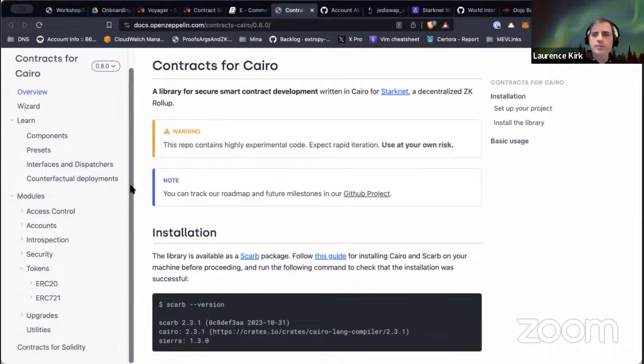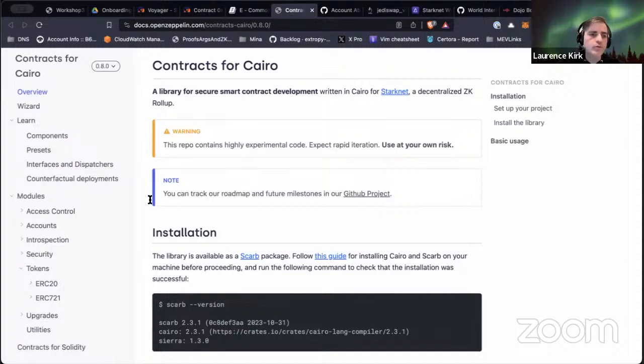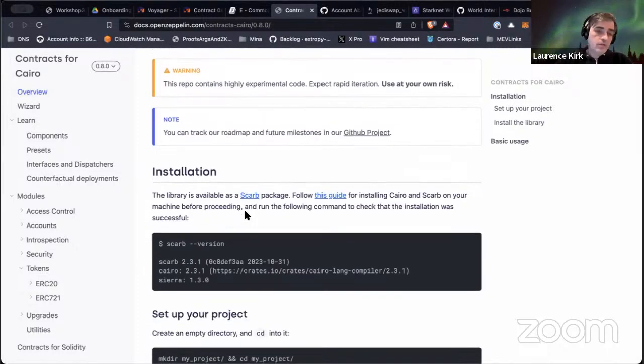I'll talk about them a little bit again, because you should try to use them as much as possible, because these have been well written and it saves you a lot of work. You don't want to reinvent the wheel. So rather than rewriting any of this, try to either directly use these contracts or extend these contracts in some way. And they provide a lot of the type of functionality that you're probably going to use within most